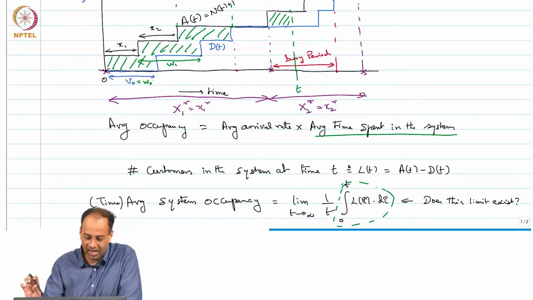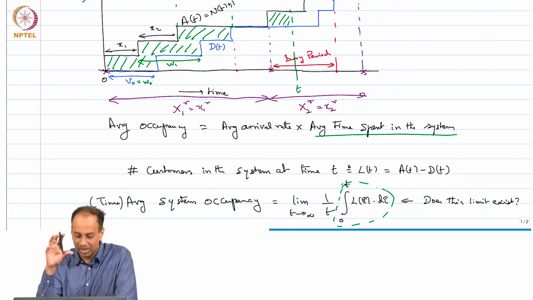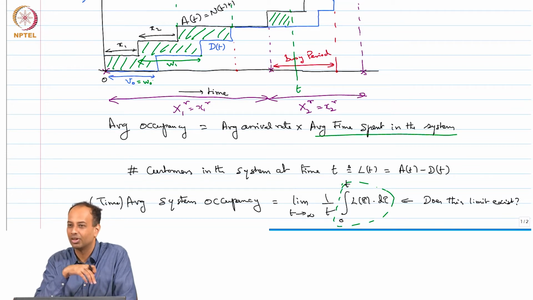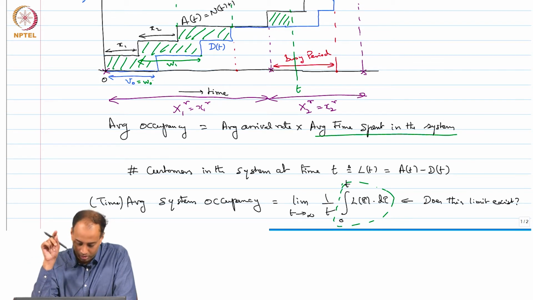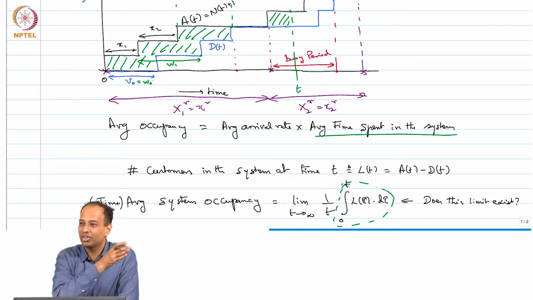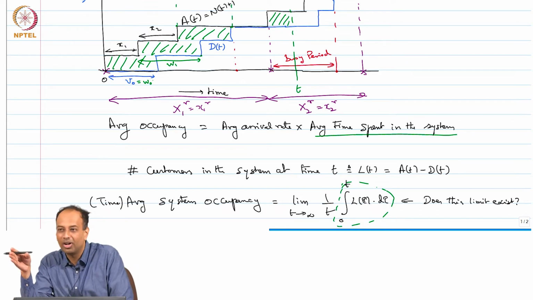So, what is this green area? The width is the Wi's and the height is 1, right. So, the total area within a renewal interval is the sum of the waiting times. So, not the waiting time, sum of the W's, so system times, correct. So, there you see a relationship directly. The integral 0 to t of L of tau, where L of tau is the system occupancy, if you integrate that till some time, it looks like you are adding the waiting times of all the customers you have seen so far, and therein lies the